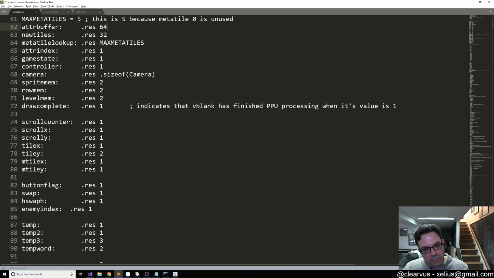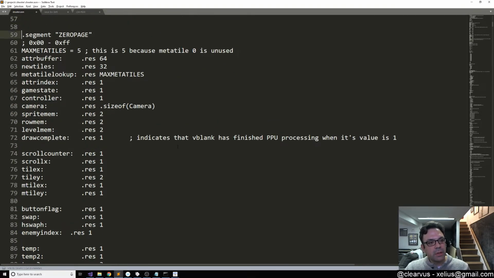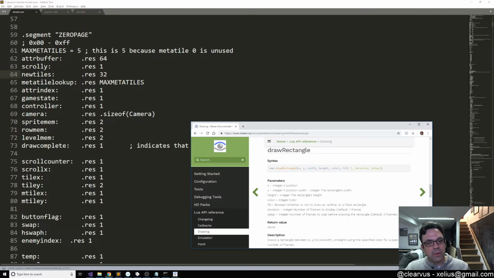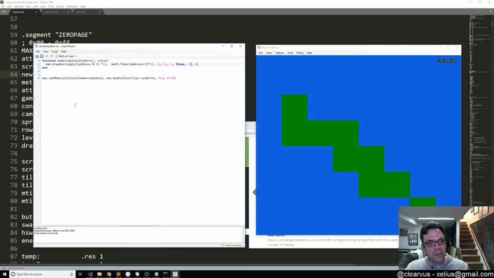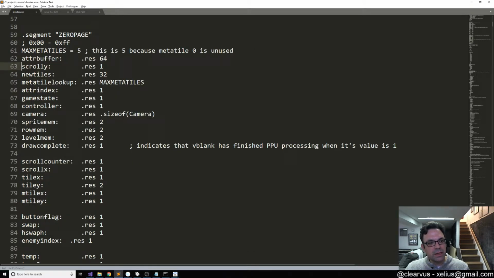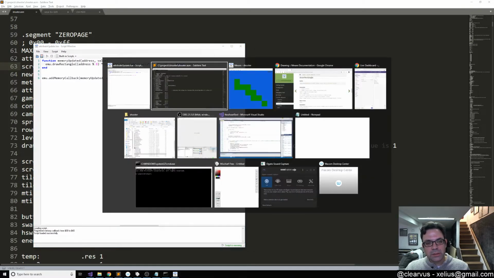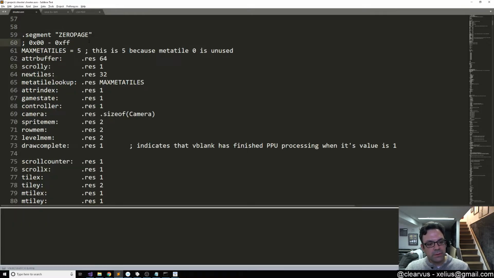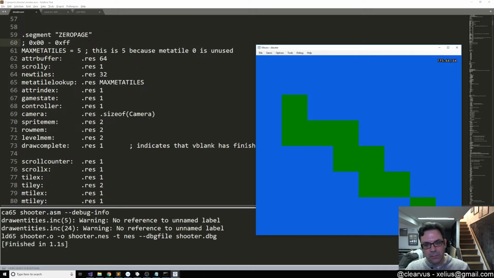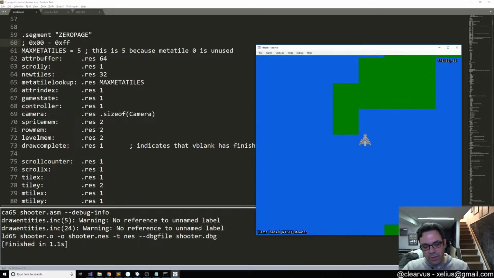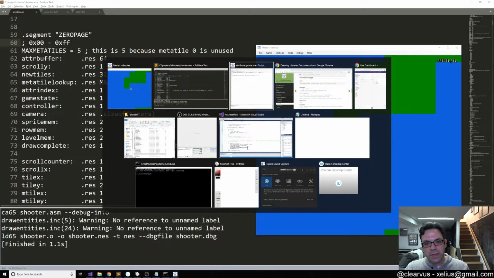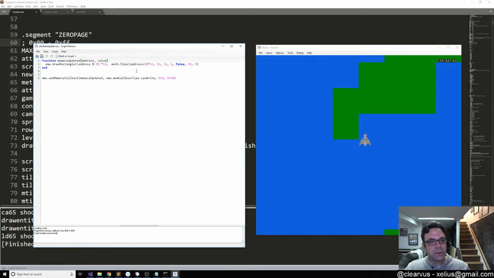All right, where is our scroll Y? So what I'm going to do is move scroll Y up to be right after the attribute buffer, just for ease of use. And scroll Y is just a byte. So let's rebuild this, relaunch it. Should still all be working. It is. Let's now use the value